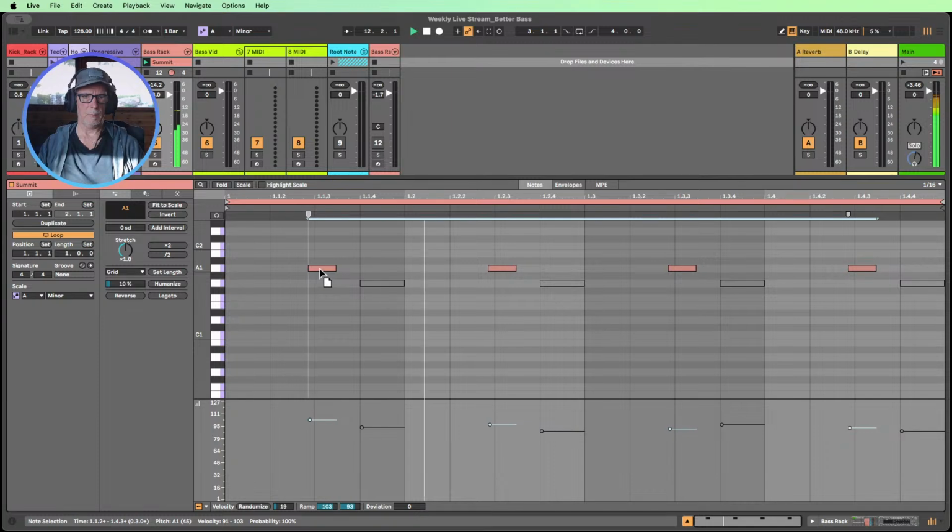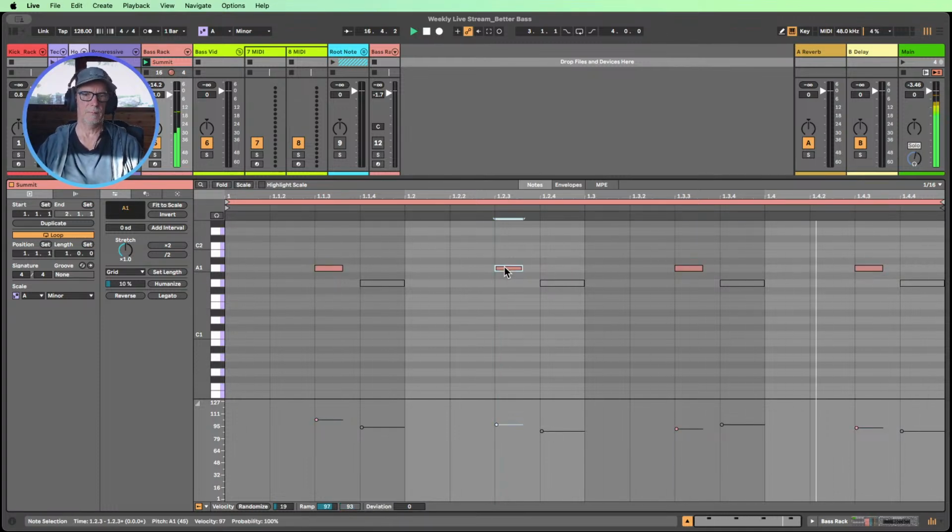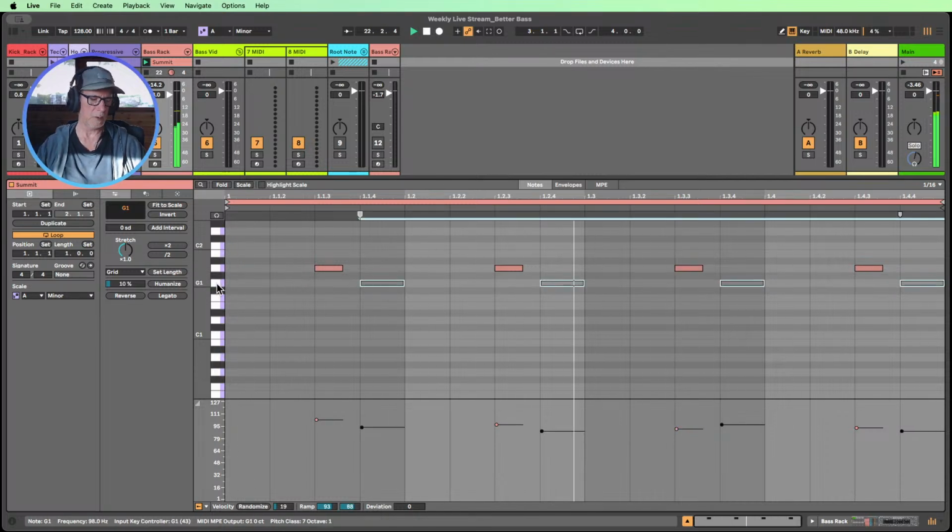So I'm kind of creating my own swing. So rolling basses or simple offbeat basses, they can be a lot more vibey just by making little subtle changes to note lengths, positions, velocity, just even with one note. But we've got a second note, so we've got another conversation here.